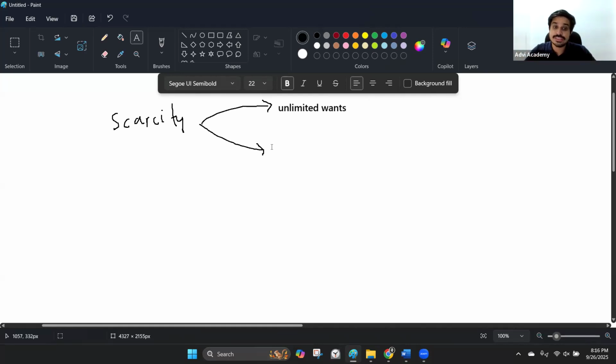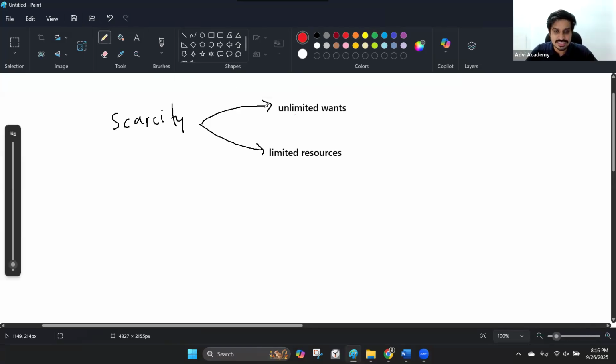And then the second problem is, if we have unlimited wants, at least if we had unlimited resources in this world, then fine. But the resources that we have with us are actually limited. So that is what results in this problem called scarcity. I technically should put the arrow the other way around. Our issue of unlimited wants and our issue of limited resources lead to that problem called scarcity.